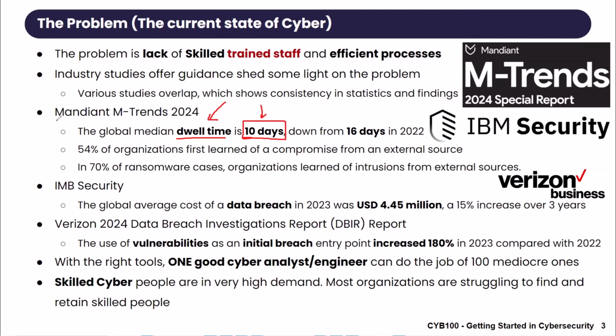This is based on Mandiant. Mandiant is a company, Google recently bought them, but they're the best of the best. They're really good when it comes to cybersecurity. And in this M-Trends report that they produce every year, we all read that. Really good cybersecurity people read that report. Like, you've got to read that report, right? Because these guys really know what they're doing. The dwell time, though, is going down. When you take a look at 2022, it was 16 days, but now we're going down to 10 days.